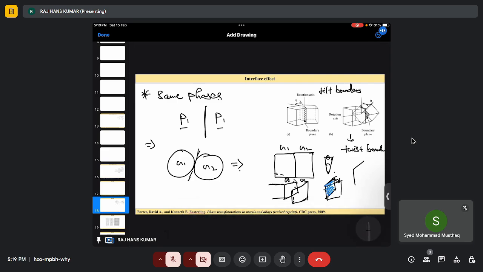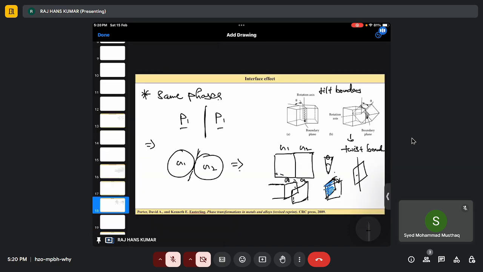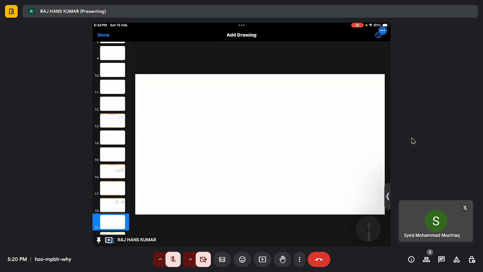So this is my plane. I'm rotating with respect to this. Right? This line is parallel to that plane. Now, what about the twist? Right? As you can see here. So